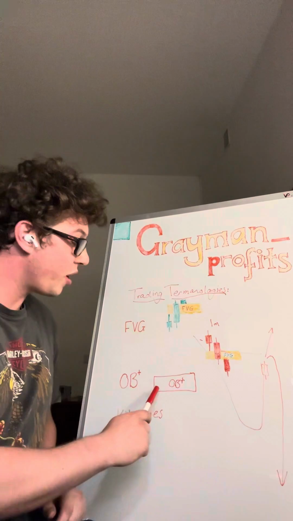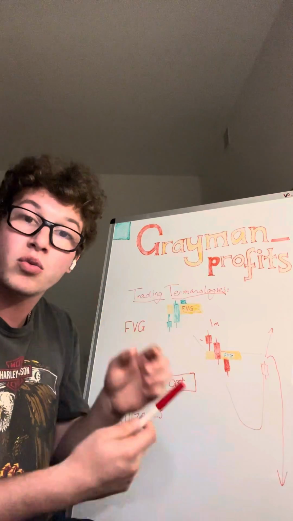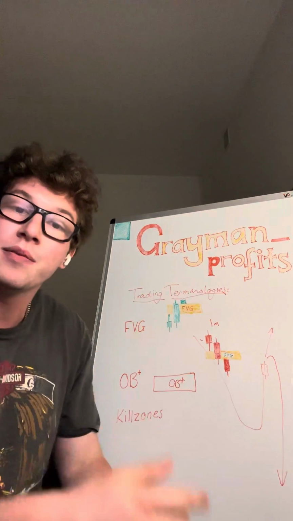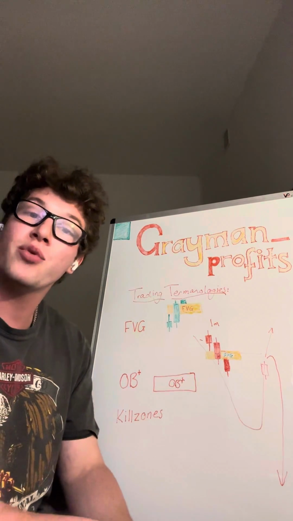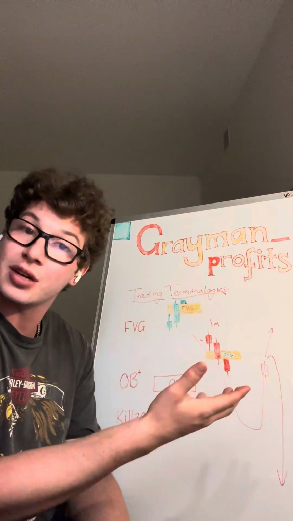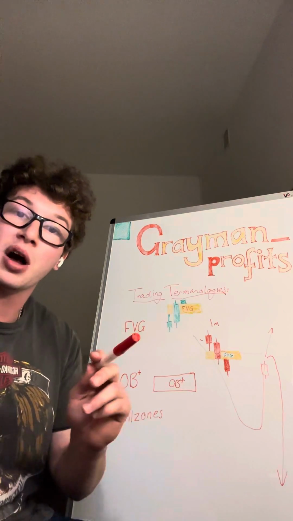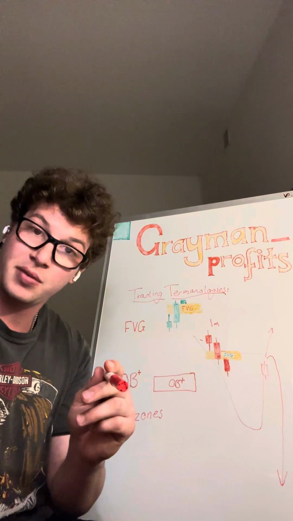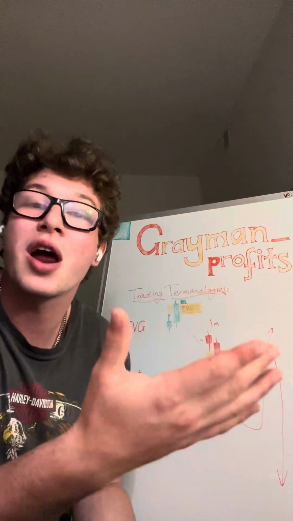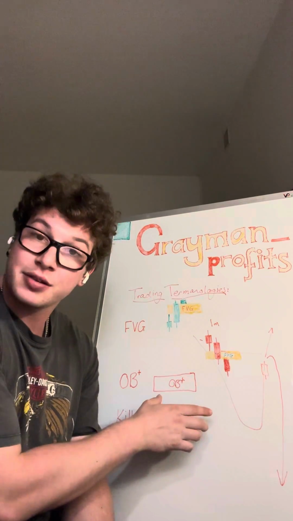So, when an order block like this comes in, and you will see it as a block, whether it's blue, red, whatever it is, and you will see an OB with a plus, this indicates that a firm has gone, okay, I want to buy a huge amount of this stock, or whatever it is we're calculating. In that moment, they've gone, okay, I want to buy it at this set price. So the firm has gone, okay, I'm going to set aside, random number, 50 million shares of this product at